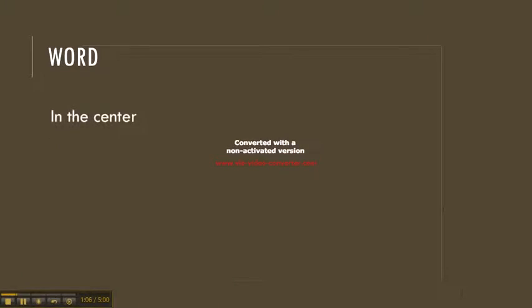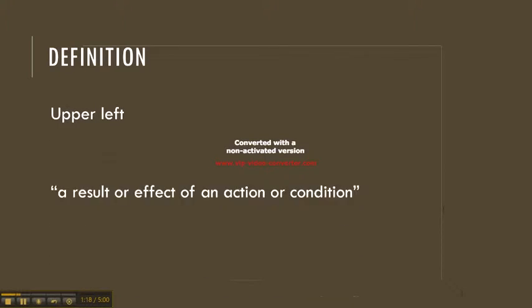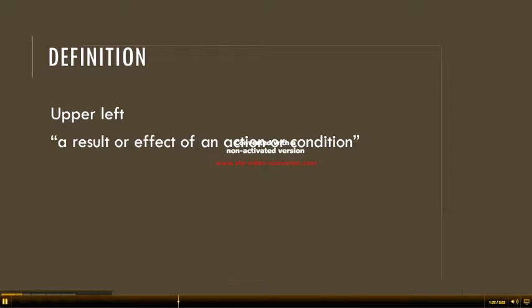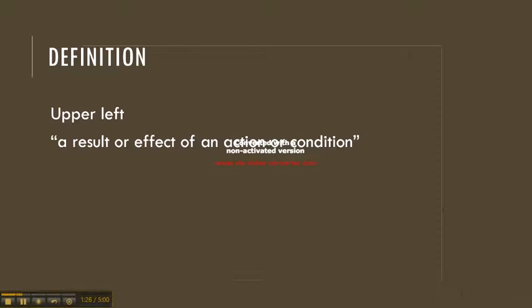So you start off with the word in the center. For the purpose of this one, I'm going to do one of the words that we've seen in our article, Online Disasters, and that word is consequence. In the upper left-hand corner, you have the definition, which is a result or effect of an action or condition. You can also put the definition in your own words, but I think that the dictionary definition suffices for this